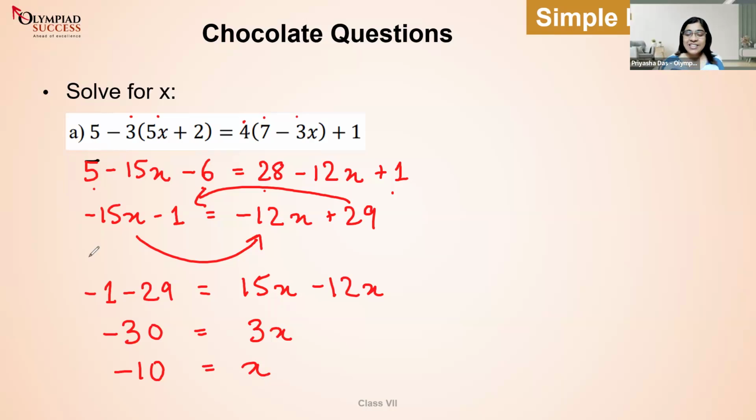Okay. Looking at the clock, I don't have more time to give you more questions like this. But I have a very difficult question to which I don't know how many of you will be able to answer. Shravya, firstly, before I leave, can you confirm if you got minus 10 or not? I didn't get answers from Shravya, Ishan, Neeraj. If you need my help, you can let me know.